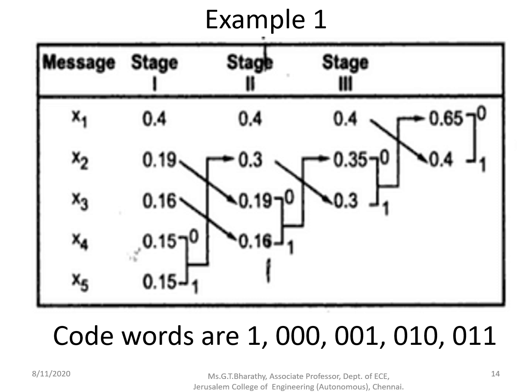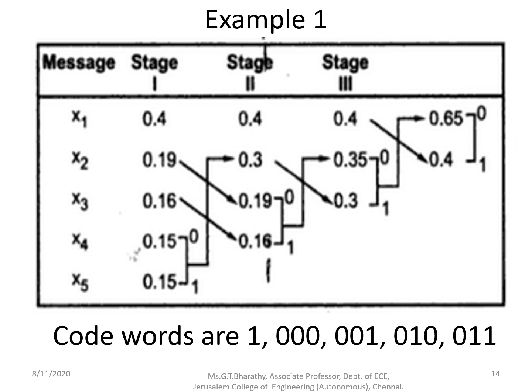For x4, it is 0. From there it is moving on to this point and to this point, 1, 0. So 0, 1, 0. When you put it in reverse also, you will get the same data, 0, 1, 0. For the last case x5, it is 0.15 where you have a 1 here. From there it is moving on to this point 3 where you have another 1, and from there it is moving on to this point where you have a 0. So the code word is 0, 1 and 1. So here the lengths are 1, 3, 3, 3 and 3.